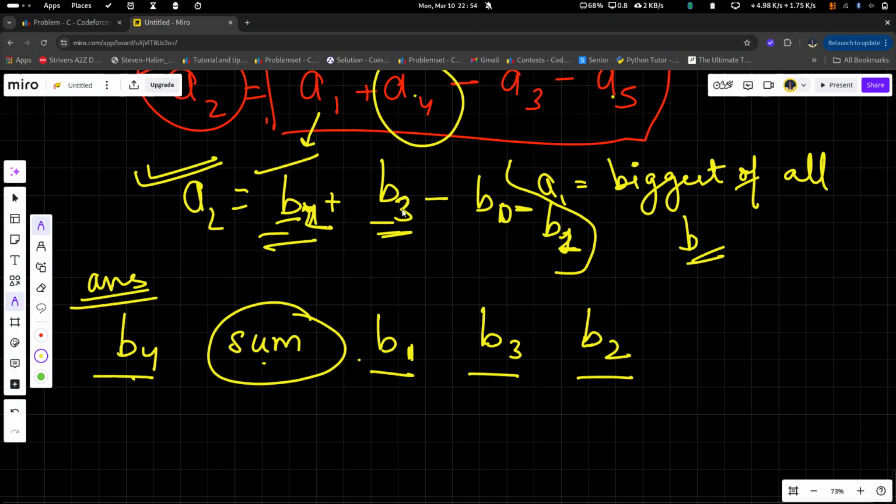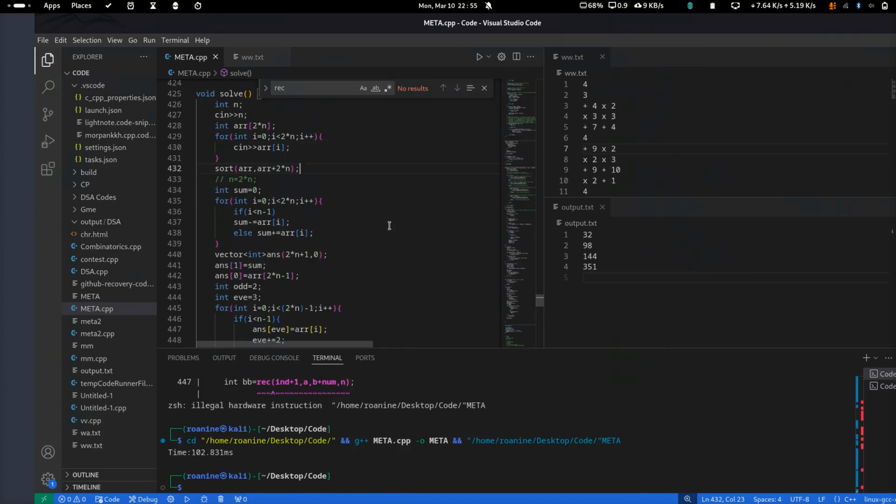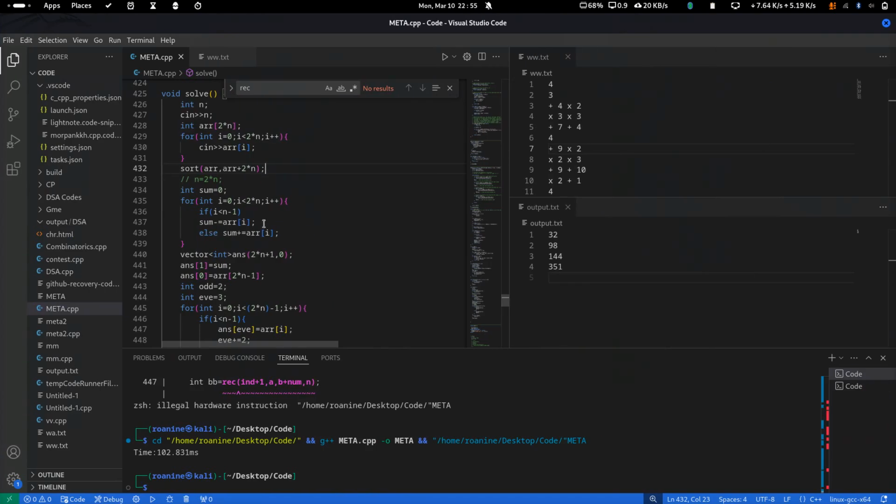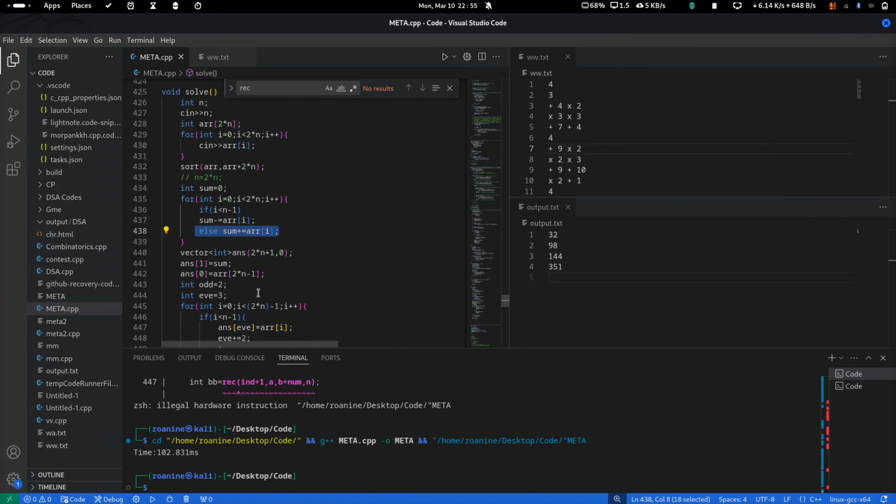So 0 and 1 I am subtracting here, and for all the other array elements I am adding them here.